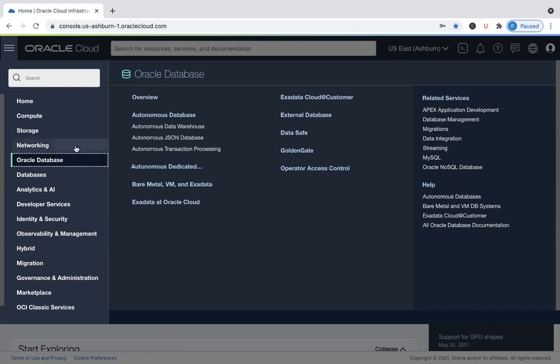And you have database options available. You could get yourself an autonomous database, and you've got 2 or 3 options there. You could buy an ATP database, an ADW database, or a JSON database if you want, and you could also get a bare metal or an Exadata database as well. You've got plenty of options available here, and in fact, Oracle is one of the leading cloud vendors in the market today.